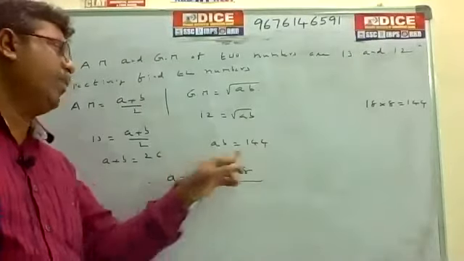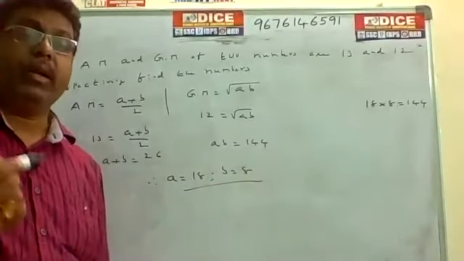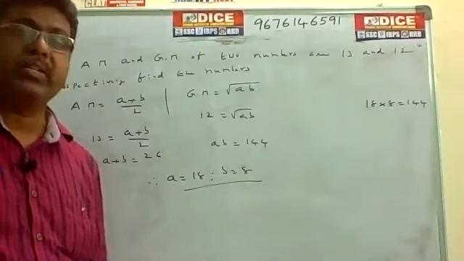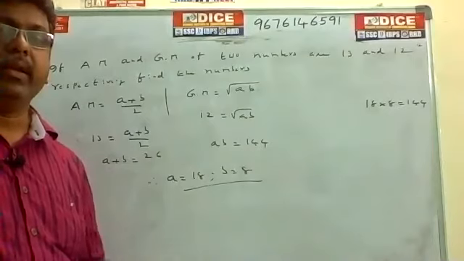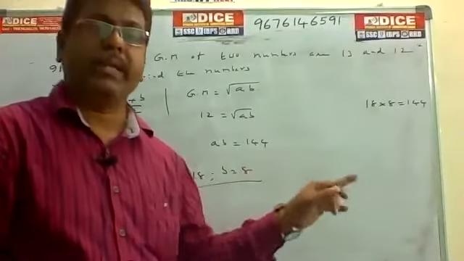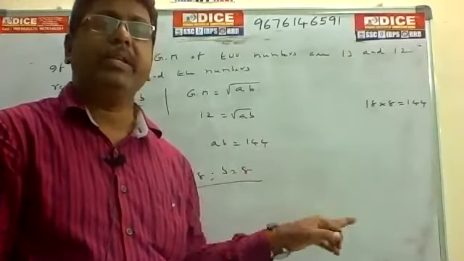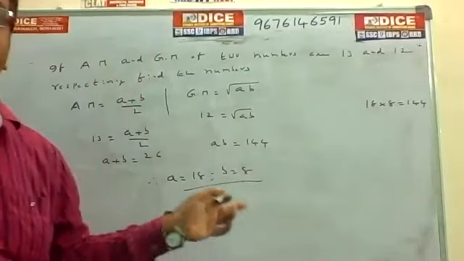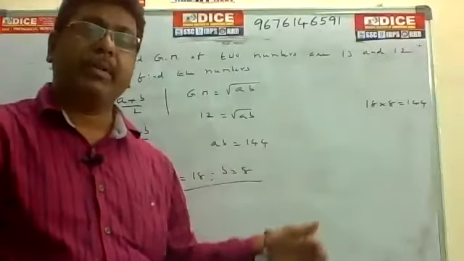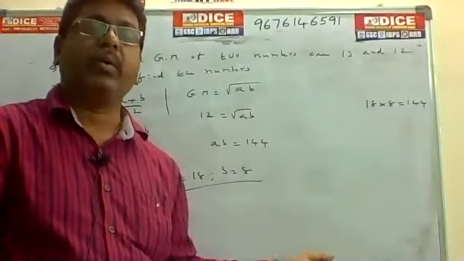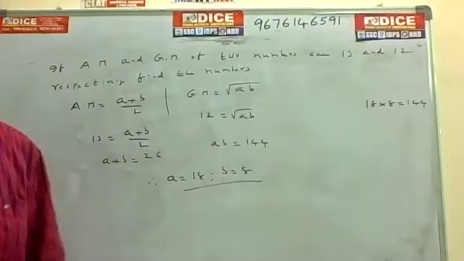So here we have to go for a lateral approach. In the examination, options will be there, like 18, 8, 20, 26. You have to find the product: 18 into 8 is 144. That's it, the answer is 18, 8. Here I am not giving the options, but in the examination the options will be there. Simply check the options and you can get the answer.